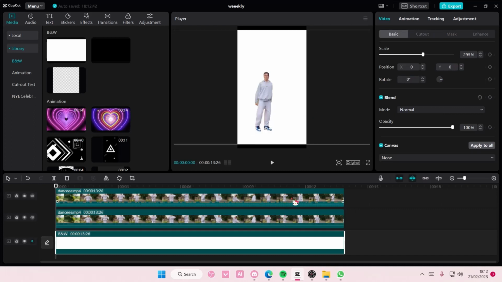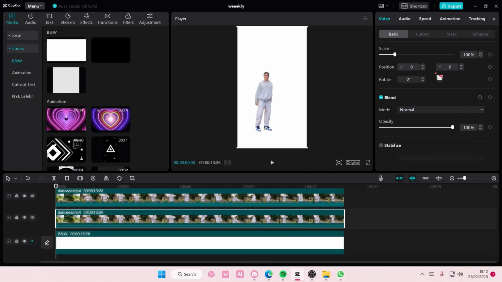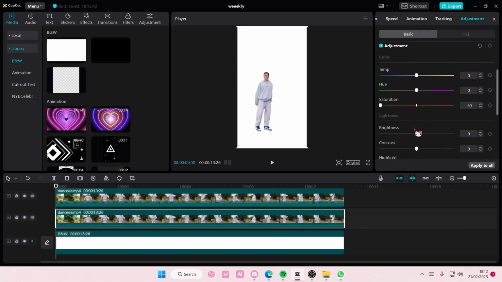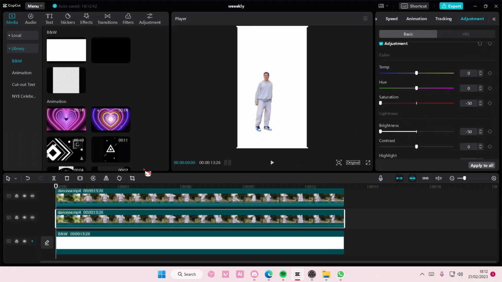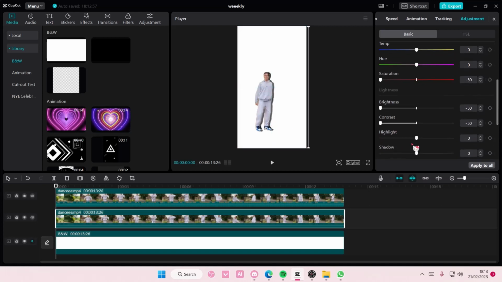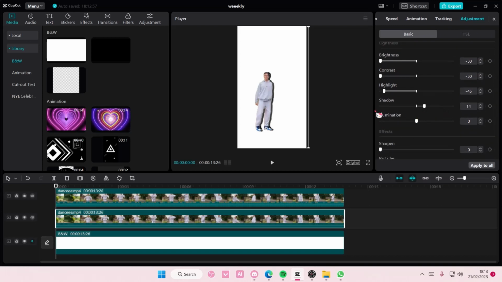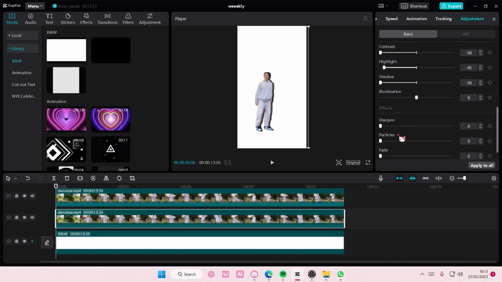And then on the first video, you are going to go to adjustments, and you're going to turn down the saturation, turn down the brightness, and turn down the contrast. You're just going to move it, and as you can see, it creates this kind of shadow like on the video. You can also adjust the highlight, but you can see that it's starting to create a shadow, like a